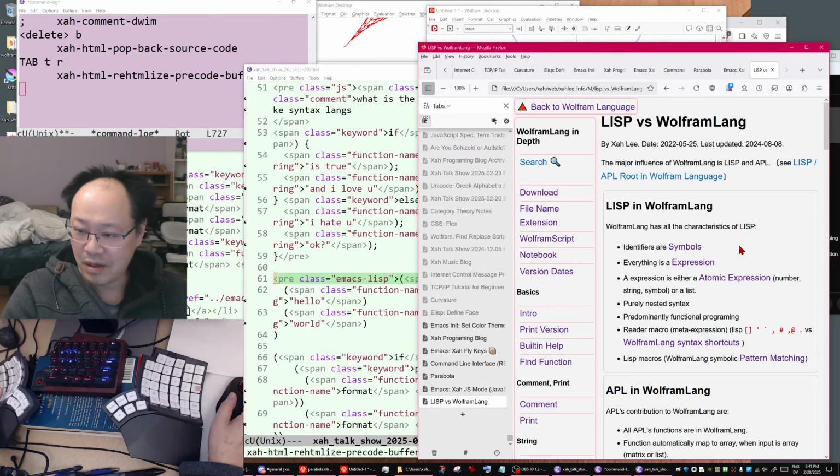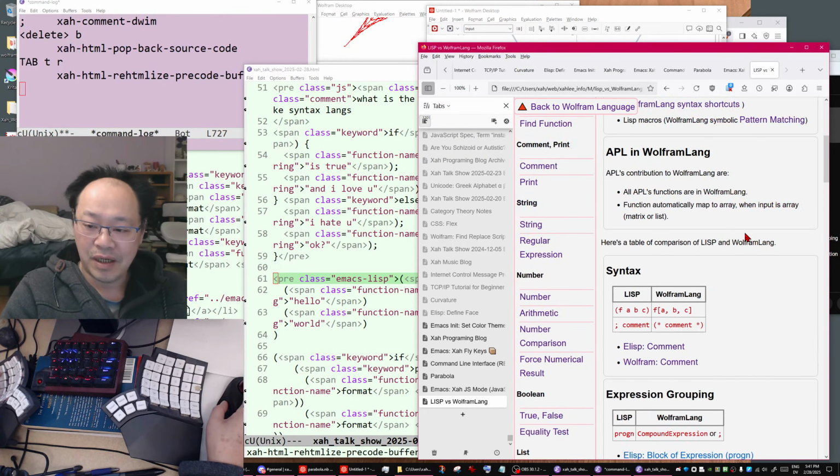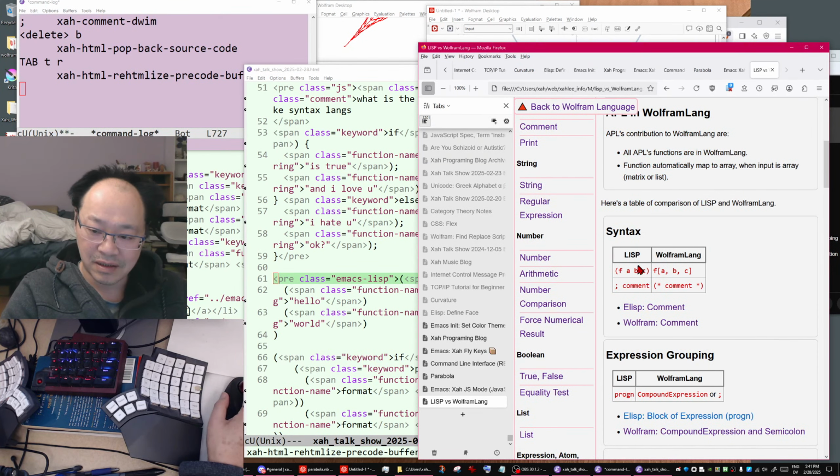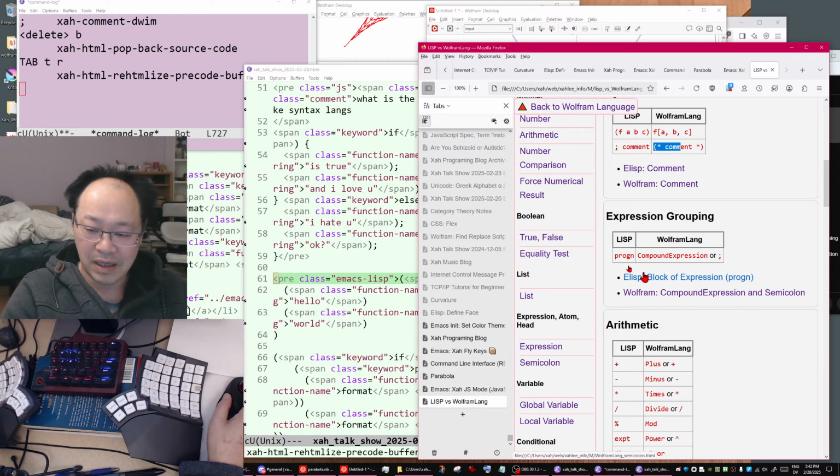So here, in this article, they enumerate all such similarities. You can go down, you can see the syntax. One is the Lisp way, one is the Wolfram language way, comments, and every other function. For example, expression grouping in Wolfram language is called CompoundExpression or semicolon, which I'm going to explain right now.